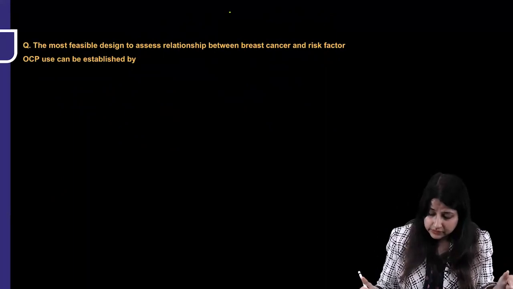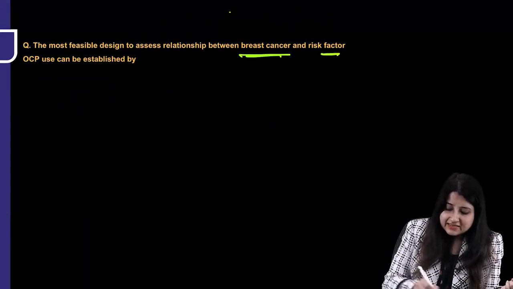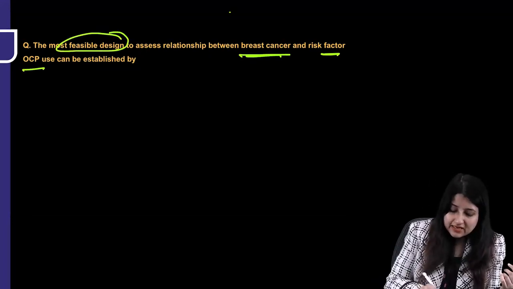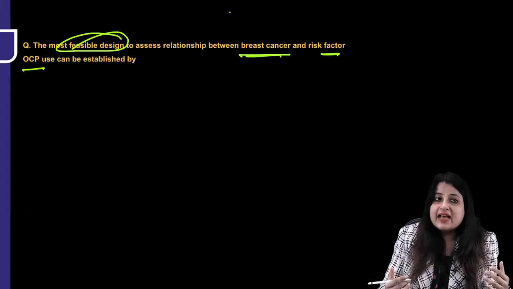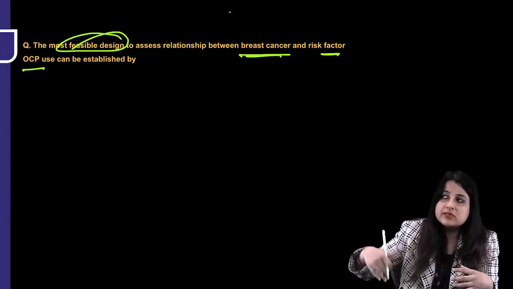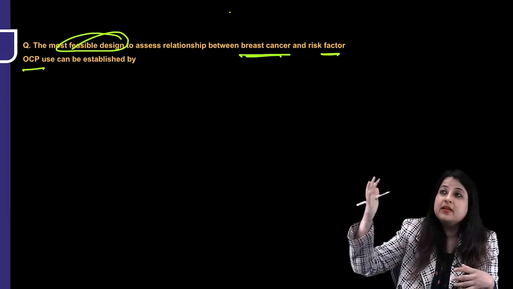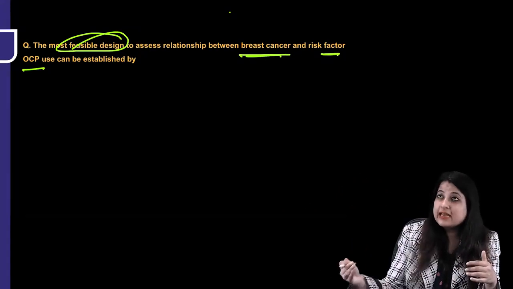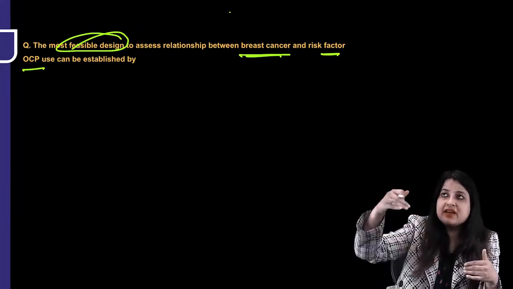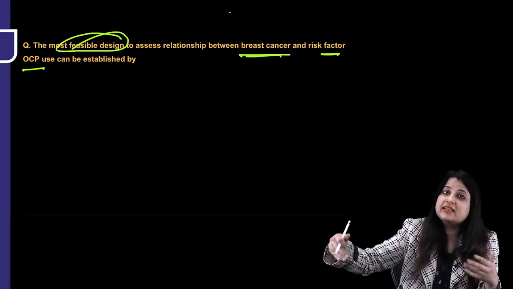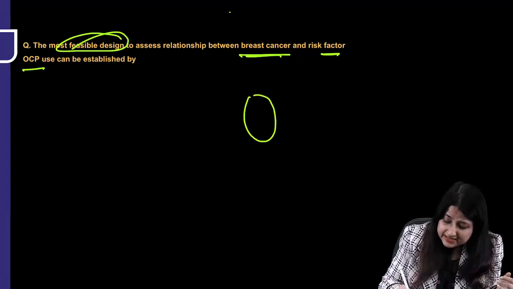Now, look at this, the most feasible design to assess relationship between breast cancer and risk factor OCP. Now again, most feasible I'm saying, which can easily be done. So rather than starting and dividing people into OCP, non-OCP users and then following them up for breast cancer, no breast cancer, or starting at present time, going back, using history, dividing them into OCP users, no OCP, and determining breast cancer at the time the study begins. Best is I have a